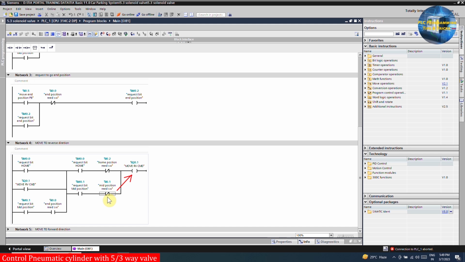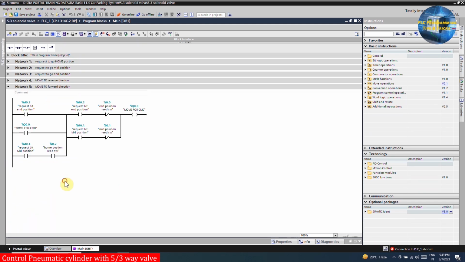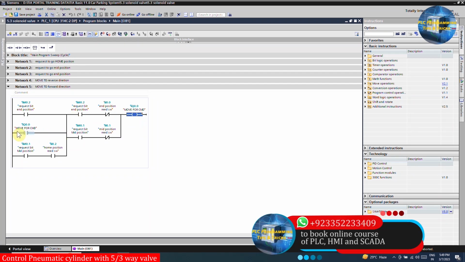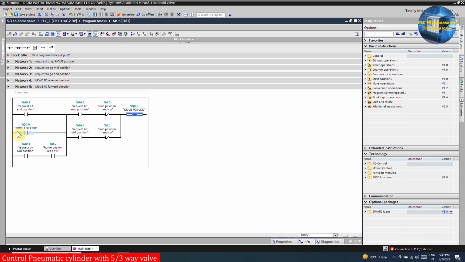at the mid position. In network number 5, if the request to the end position M0.2 bit turns on and the cylinder piston is not at the end position sensor I0.0, it will latch on the cylinder forward command Q0.0 through its own normal open contact to turn on the forward coil. This way the cylinder will move towards the end position reed switch I0.0. Now as soon as the cylinder piston reaches the end position sensor I0.0, this normal close contact will unlatch the